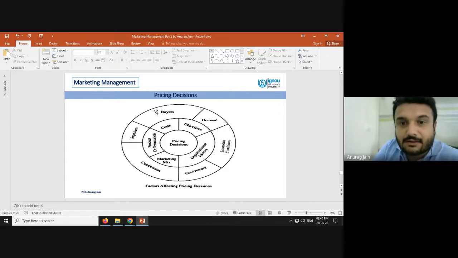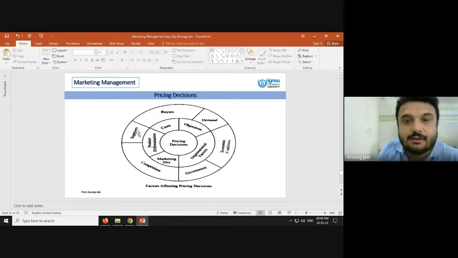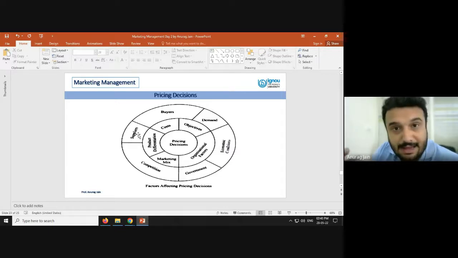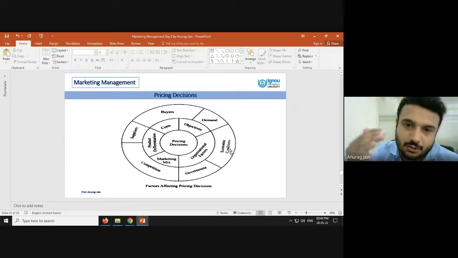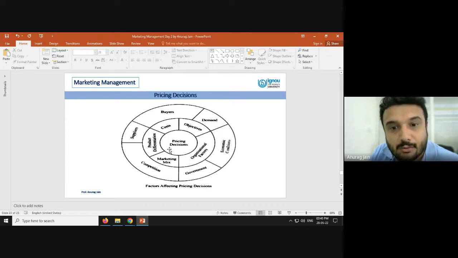Others are external factors, which depend upon how many buyers are in the market, how much price they are ready to pay, how much demand is there, who the suppliers are, at how much price they are going to supply, how much competition there is in the market, what the role of government is, how the prices are being decided by them, and there are some economic conditions related to the particular geographical location in which you are doing business. It may be a national geography, it can be a regional geography, it can be a local geography, right? All these economic conditions are going to play their role.